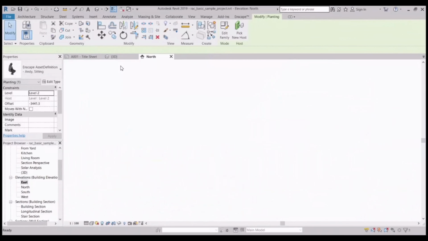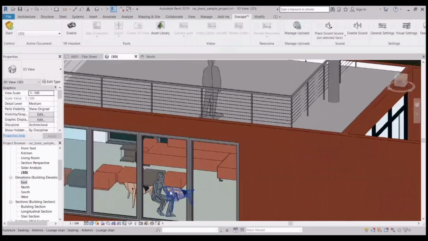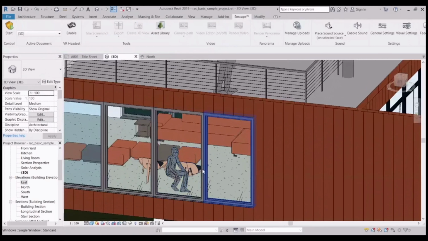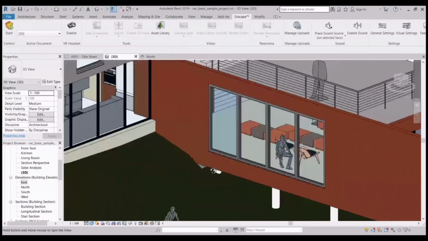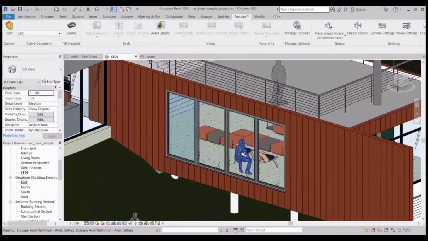Okay, let's switch into 3D view. And from there you can again move this.